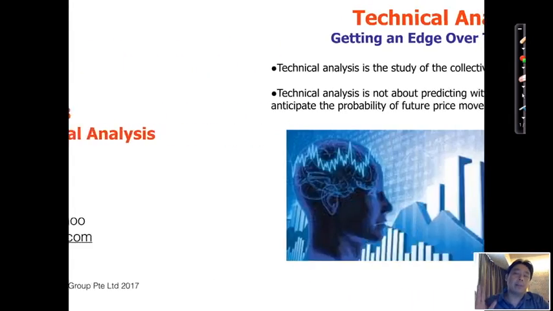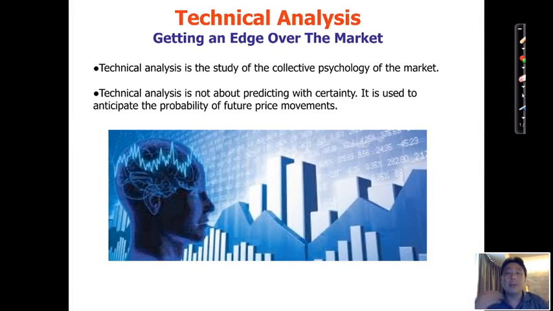So, technical analysis is the primary method I use to anticipate price trends and to anticipate price direction because it is a study of the collective psychology of the market. In the short term, what drives prices up and down is emotions, the sentiment of the market. So, in times of fear, people tend to sell. In times of greed, people tend to buy. And people's emotions change based on their interpretation of news.